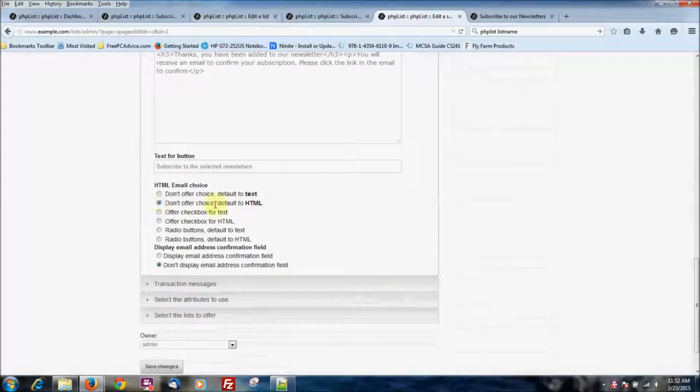I like to just make it automatically HTML, since most people have HTML anymore. It's pretty rare people use only text for the email messages, and unless you want text, you can do either choice there. And I make sure it does not display the email address confirmation field, so I put don't display email address confirmation field, and then I click save. And then when you're done with that,